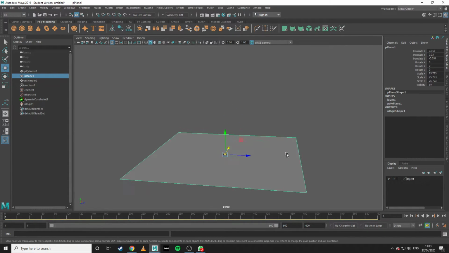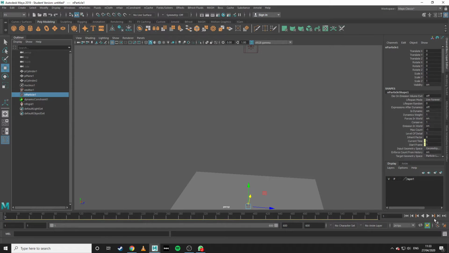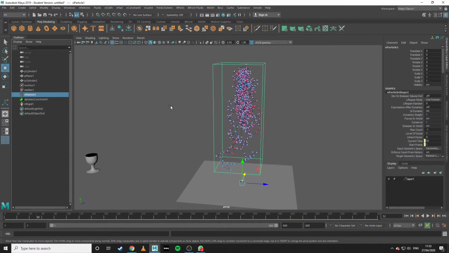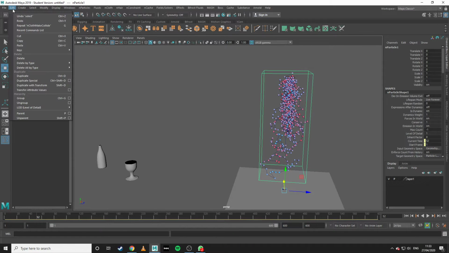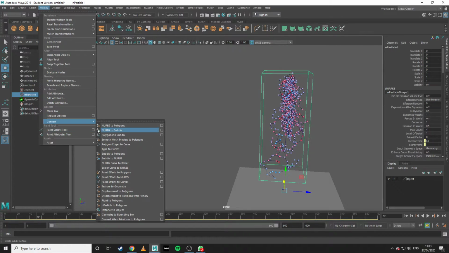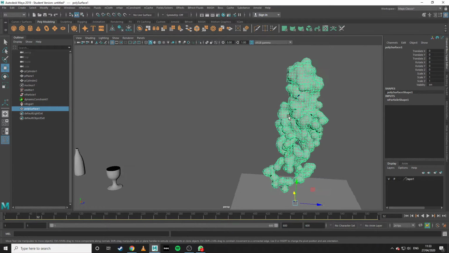Then now select the particles. Okay, select your particles, go for modify, the modify convert option. In this you can convert particles to polygons, means you can convert the particles into a mesh. Okay, see,